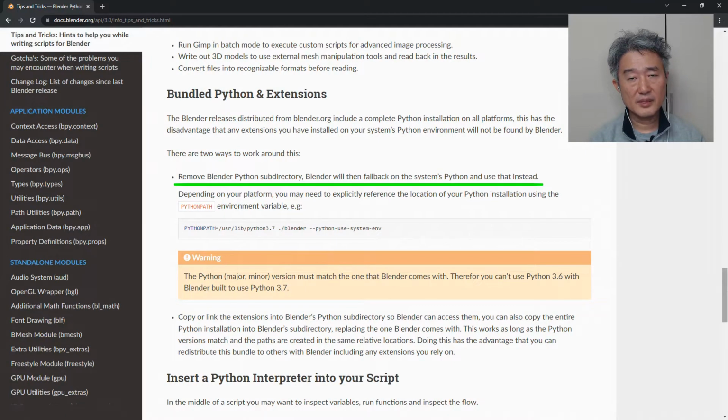The first is to replace the bundled original Python with a user-configured Python. The second is to copy the packages you need into Python's subdirectory. However, both of these methods modify the original installed Blender program image anyway, a little or a little bit more. I don't like these ways of modifying the original install image because it's likely to be a potential problem